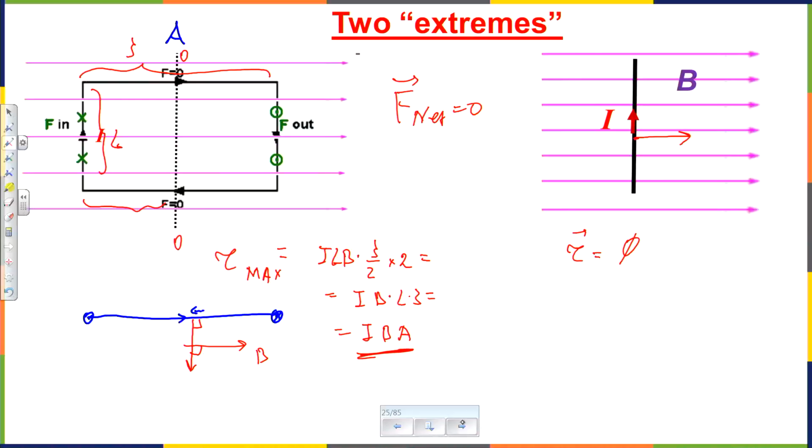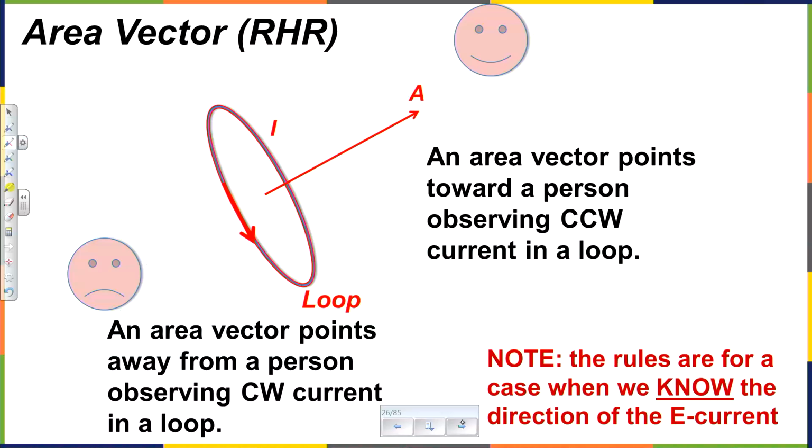And there is another name for this vector. If we set its magnitude to area, we call it area vector. So now, of course, well, that's an official definition. An area vector is a vector which is perpendicular to the loop, which has magnitude equal to the area of the loop, and the last condition is sometimes useful, sometimes not.